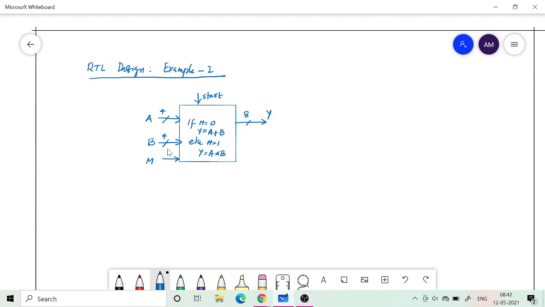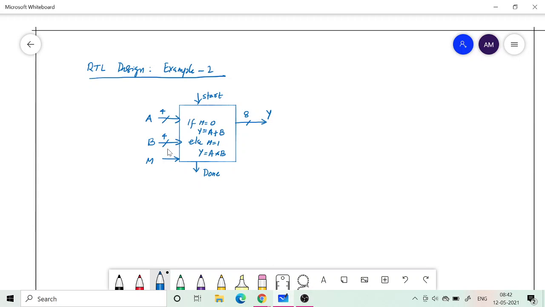And similarly, you can have another output which will tell that okay, it is done, now you can check the output. So that is like a done output. It tells basically that for the input that was earlier kept, the output is now available, and you can take that output and do further processing with it. And if the start is again 1 at that time, it will again redo it.